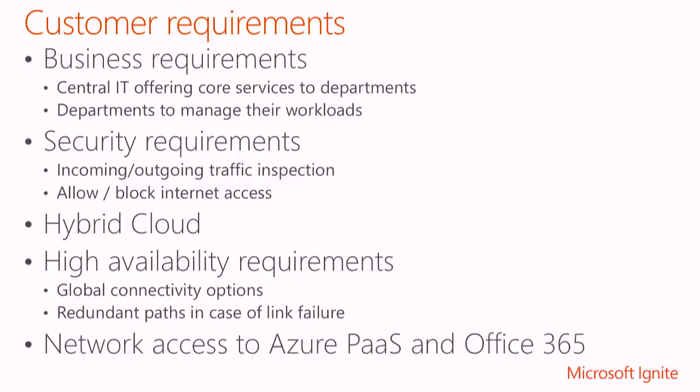And then the security person will say, hey, we have policies. Anytime we want to move our workload to cloud, we have requirements on what can go over the internet, what can go over the private connection, and how do we meet those things. Then obviously I have so many branch offices or geolocations. I need to be able to connect to all those locations, and I need high availability for this connection. If one location goes down, I should be able to reach my on-prem sites through other connectivity options.